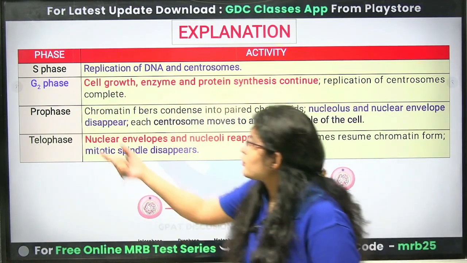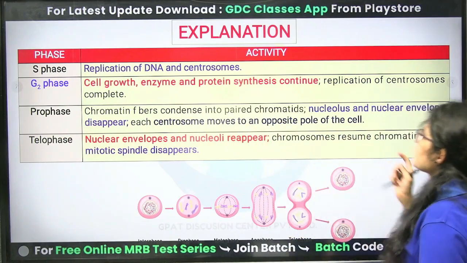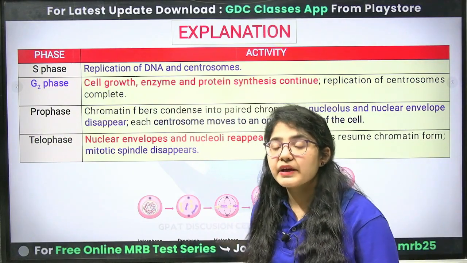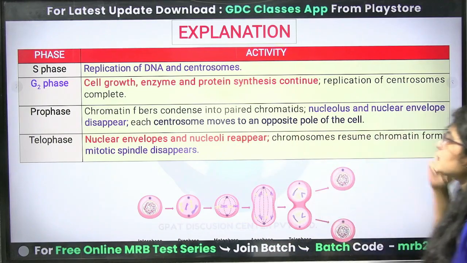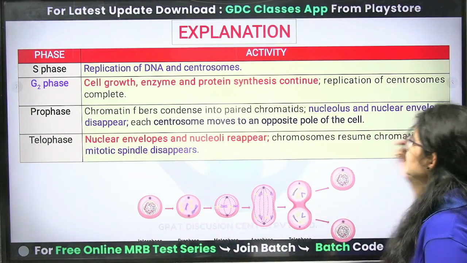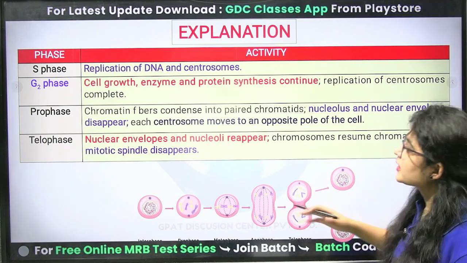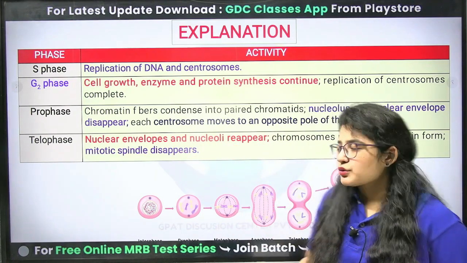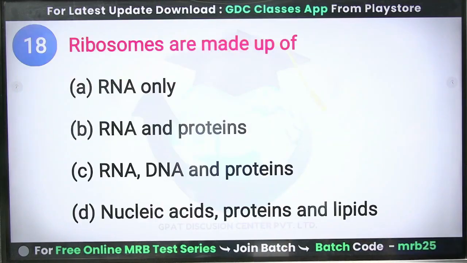Next we have prophase. In prophase the nucleolus and nuclear envelope disappear and your centrosomes move to the opposite poles of the cell. Telophase is when your chromosomes and your nuclear envelope reappear. This we have discussed in the earlier questions. Clear? Next question. Ribosomes are made up of